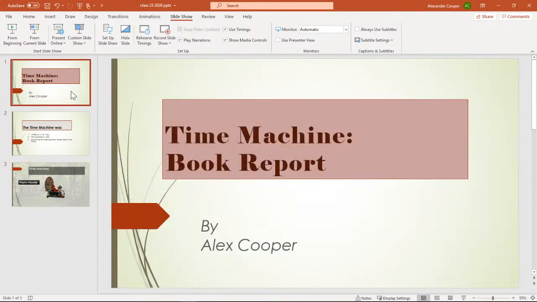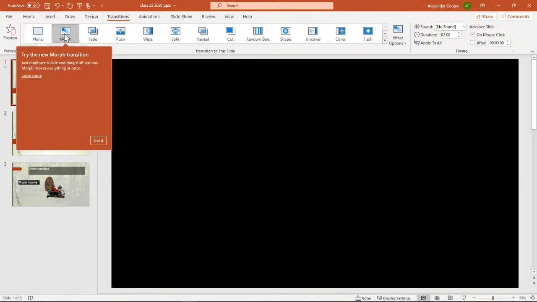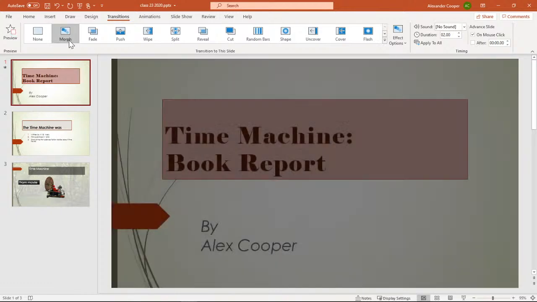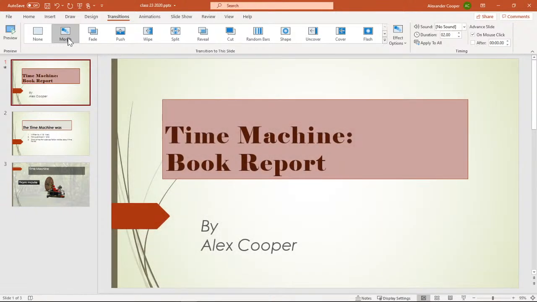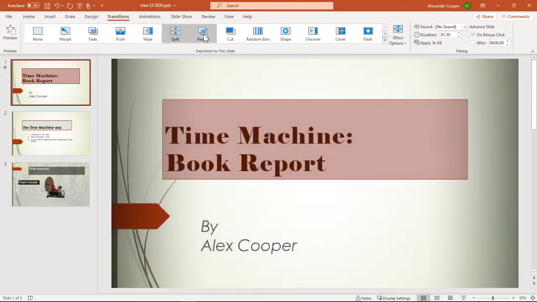Okay, so let's talk about our transitions. Then we'll talk about our animations. So transitions are what happens between slides, and it should be doing a preview. It's not going to give me a preview. Has a new one. Interesting. Let's see where anything happened. So transitions, basically the none, it just flips from one to another. A fade is kind of nice. Here's a push, a wipe, kind of splits it.